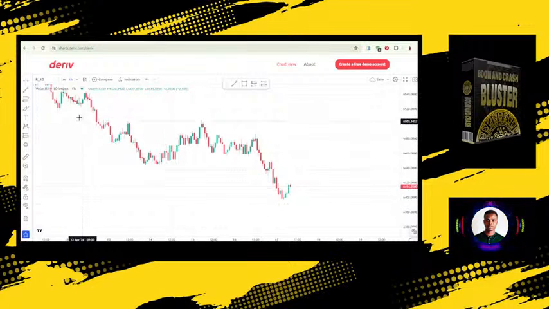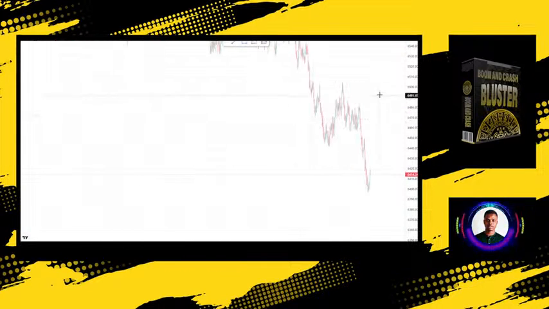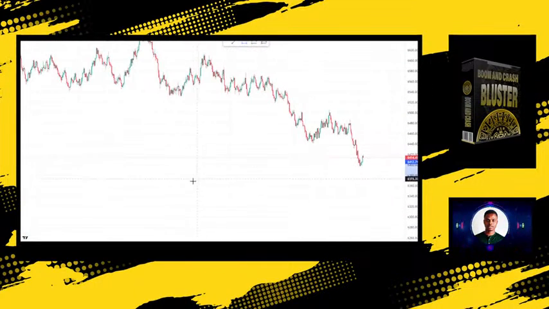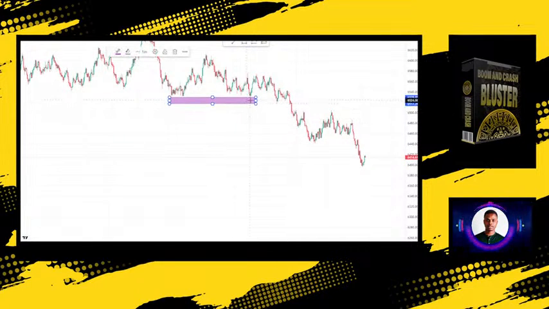I will start off with volatility 10 index. If you are trading synthetic indices, this is a good time for you. So firstly, I talked about this in our previous live stream. I think it was on Sunday, and I talked about the market coming back into this zone before it drops